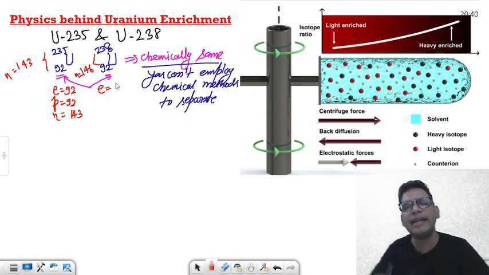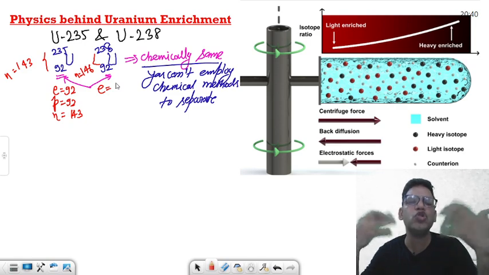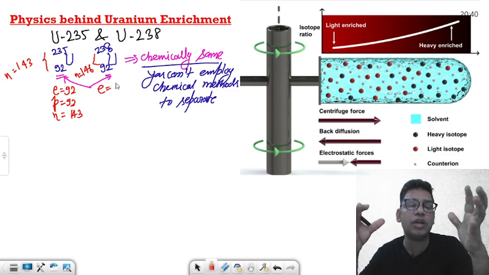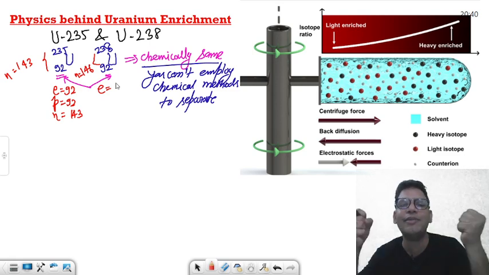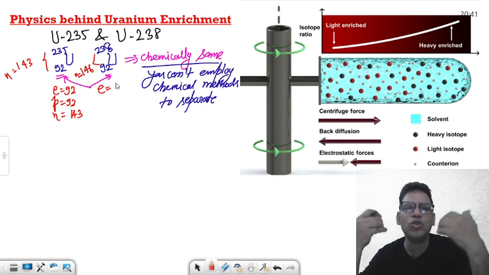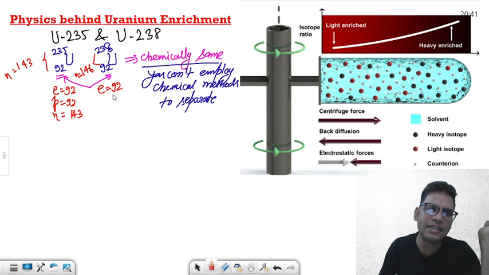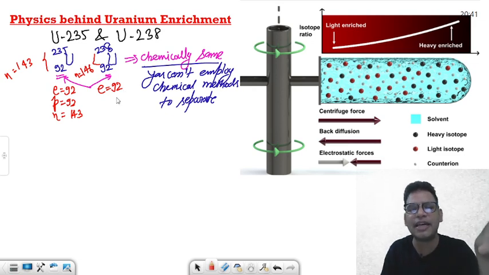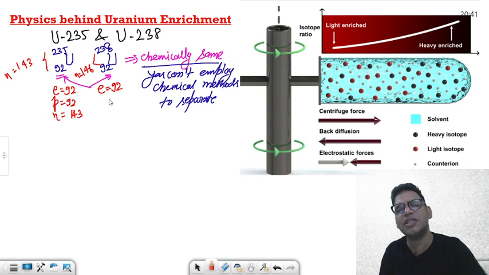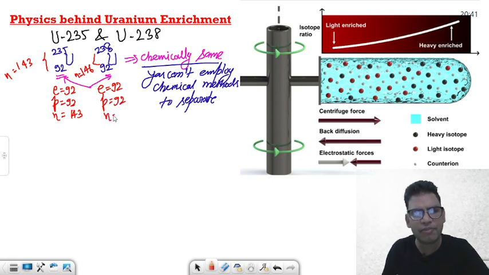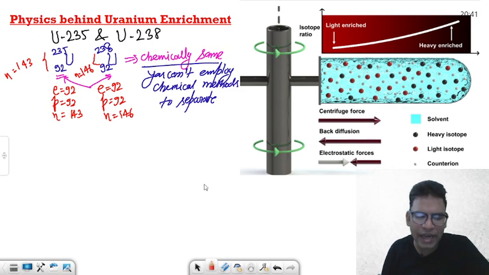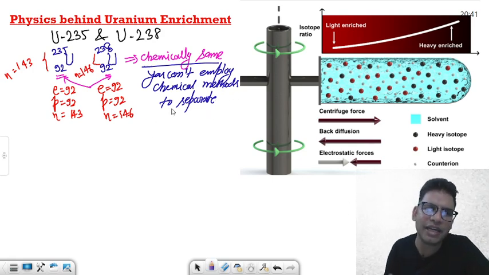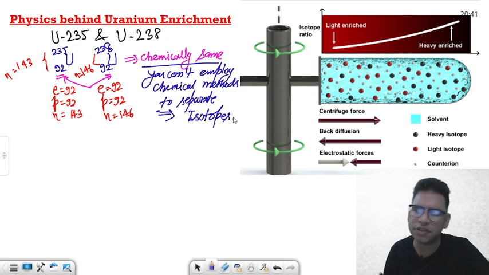An atom cannot hold too many protons, because there will be electrical repulsion and it will lose stability. It has 92 because natural elements go up to only 92, up to uranium only; others are made in the laboratory, they are artificial elements. The number of protons is again 92, and the number of neutrons is 146. So you can't employ any chemical methods because they are chemically the same, and the terminology is that they are isotopes of each other.